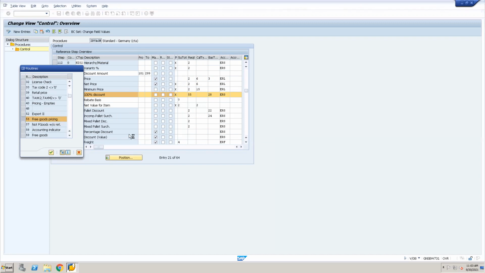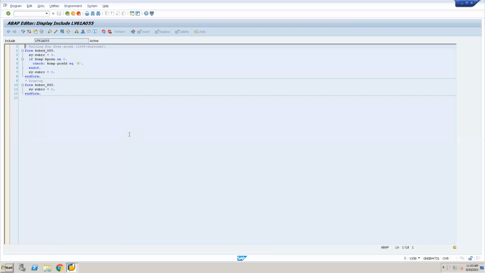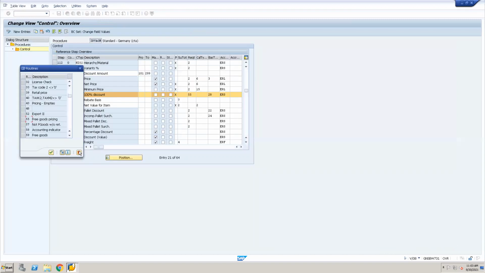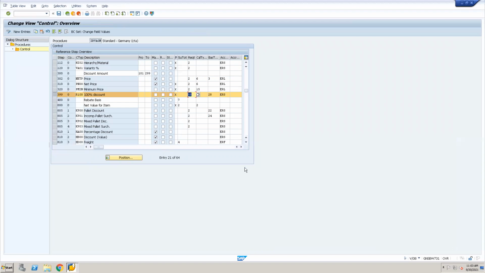Let's see. So this is how you have to do it. Logically you have to link up, think where it may be coming from. Yes, see here, it is equivalent to B. So this R100 will become active when the pricing type is B, PRSFD is equivalent to B. Then only that particular R100 will become active. So in our case, the second line item TANN had pricing type B, that is PRSFD as B. So that is the reason it has become active.